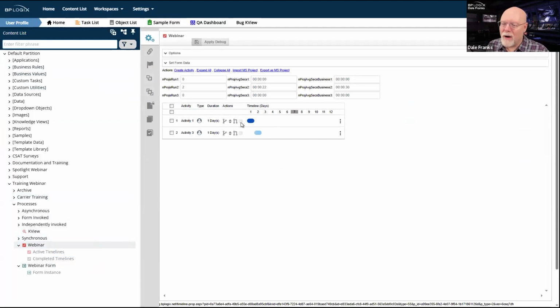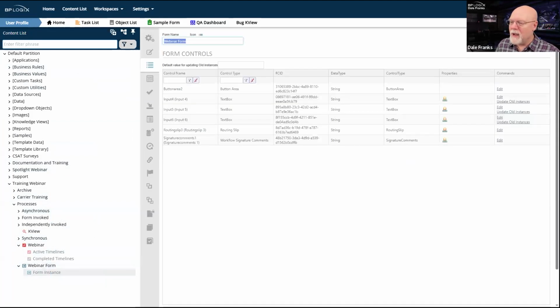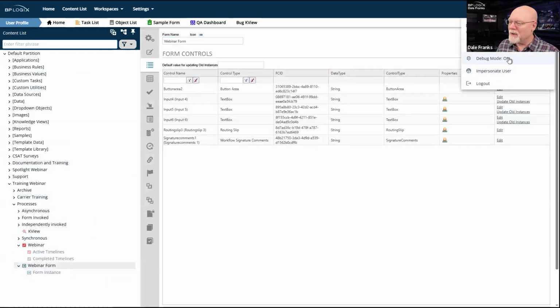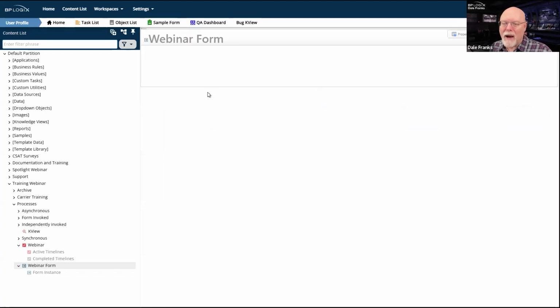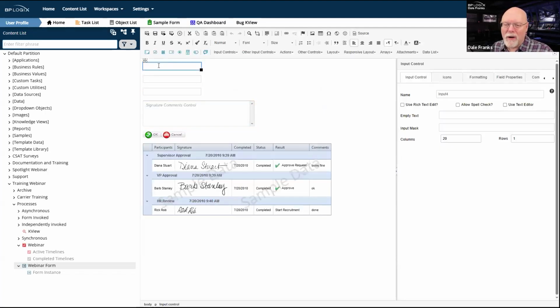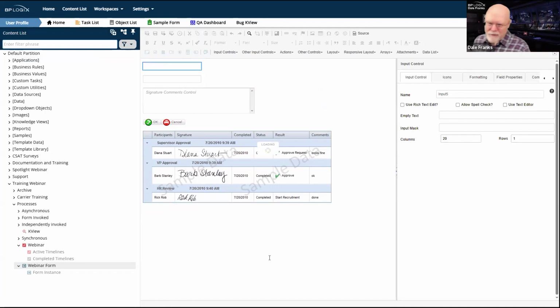Great. Oh, yeah. This is debug information. It tells you how long it takes to do stuff. So now what happens if I go back into my form and I want to go to the form definition, and oh my goodness, I really do have to turn debug mode off. I go back into my form and I say, you know what we're going to do? We're going to find input 4, which I added right there and which I just did all that data for. And I'm just going to go ahead and delete that. And I'm just going to save and close my form because I don't really need that field.